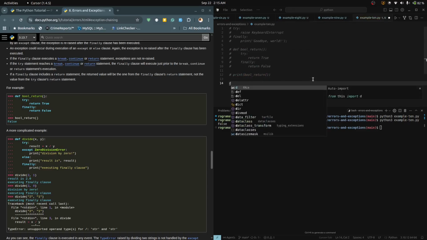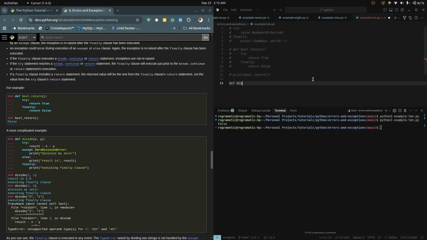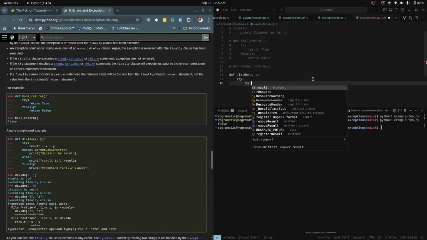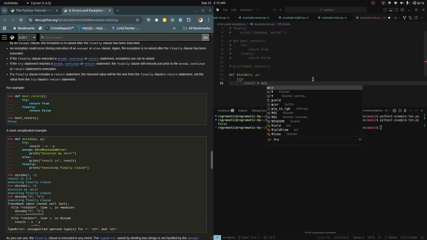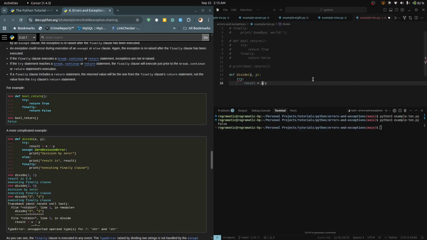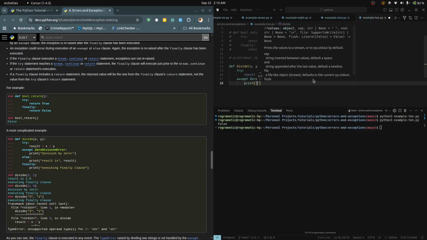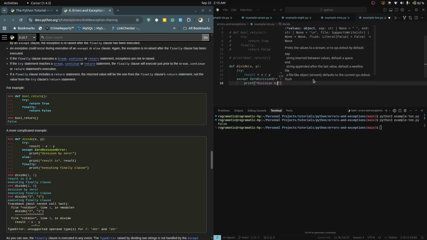So we define a function here, call it divide, x comma y. We say try, result equal x divided by y. Let's give some space. And then we say except ZeroDivisionError, print division by 0,